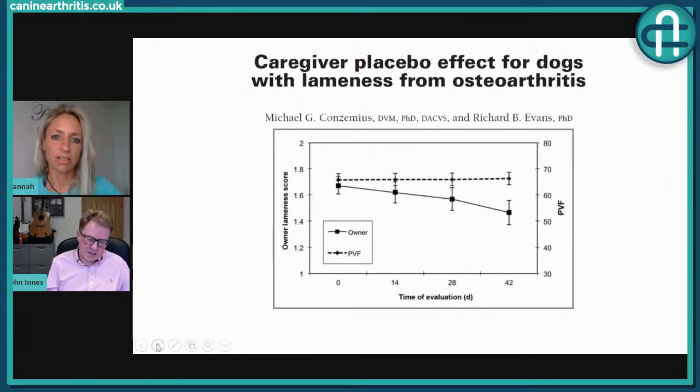I think Duncan did a study to show that actually, if you show previous scores, you actually improve the discrimination between placebo and active treatment. There are some other studies out there in human medicine that suggest the opposite. I think it depends on the context of what you're doing as to whether you should do that or not. But yeah, it's really controversial. This placebo effect in OA is there in human patients too, assessing their own pain. So up to 60% is the placebo response in osteoarthritis in human patients. Scary.